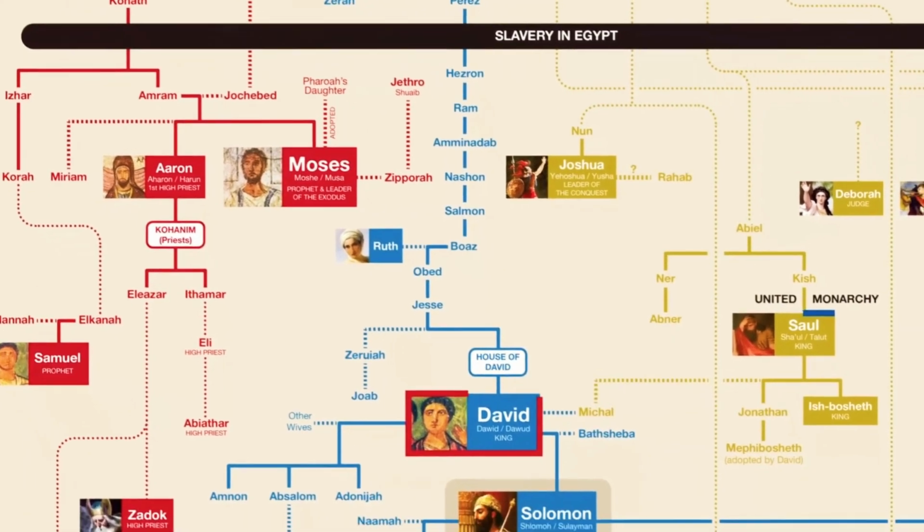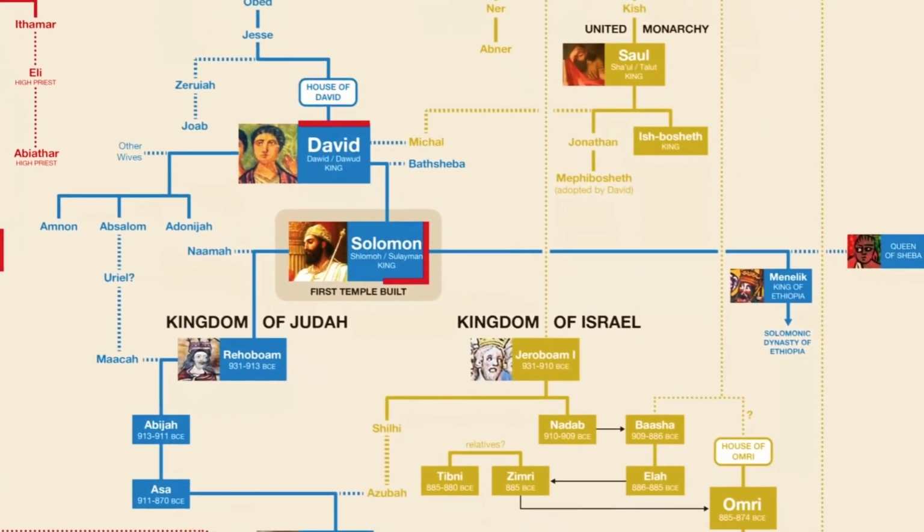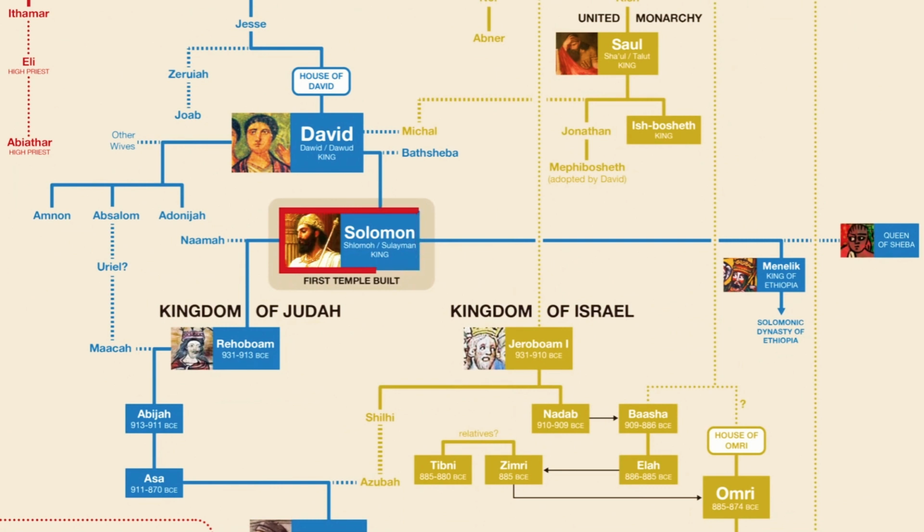Wow. The last major character before the monarchical period is the prophet Samuel, who was a Levite. It was Samuel who initially appointed Saul to be king, and then later David. Okay. David is followed by his son Solomon, and then after Solomon, the Israelites split into 2 major kingdoms, the kingdom of Judah in the south and the kingdom of Israel in the north. Judah, of course, was mostly comprised of the tribe of Judah, whereas Israel was comprised of all the remaining tribes.